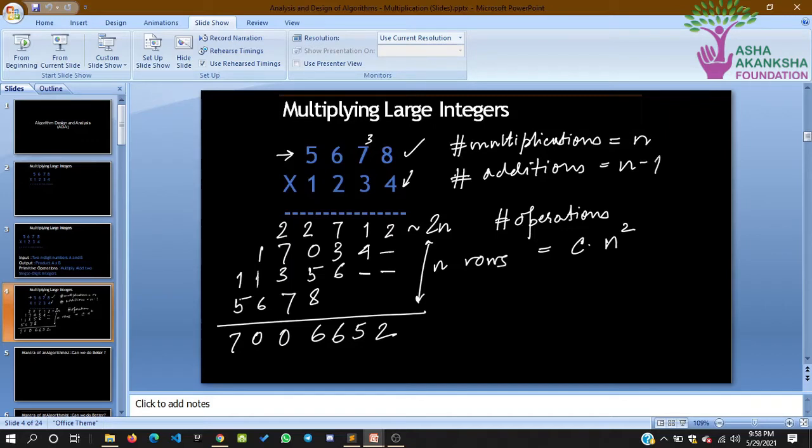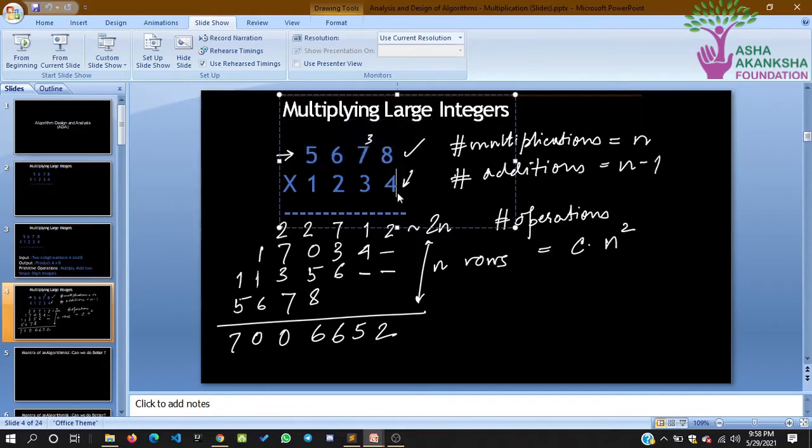Numbers to the left side, like 5, 6, 7, only these numbers can have carries in their additions. So whenever I will be multiplying, I can have carry in these parts for any multiplication, and hence if there are n integers, then I can have n minus 1 carries